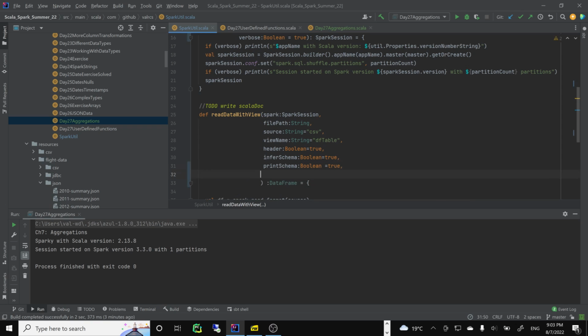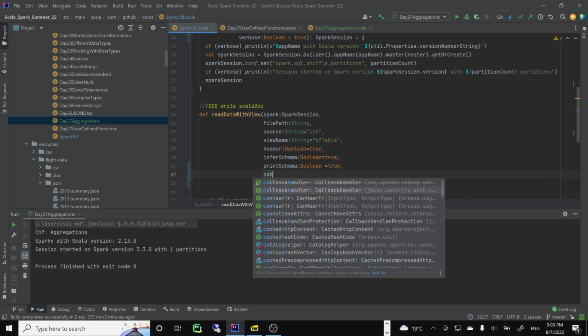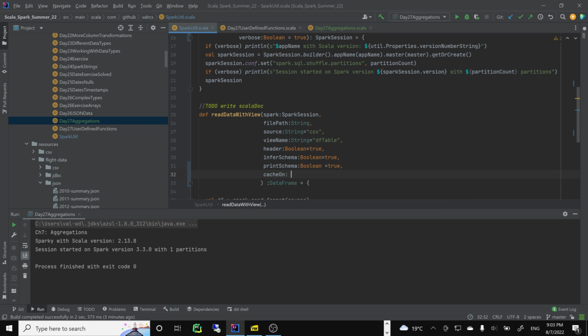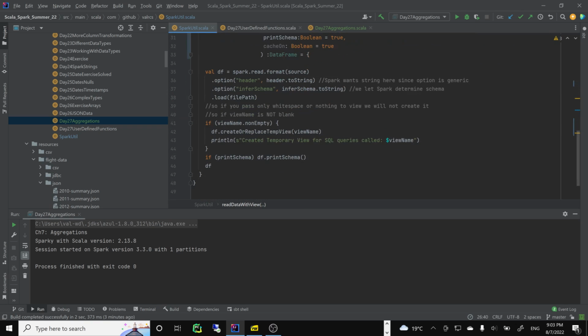Come on. Cache on. Right, lots of flags, right? Equals true, right? We probably want to format nicely. I like doing it this way. There's also a formatter built in here, I don't know if you need this. So, we get the data frame. If cache on, if print schema, and if